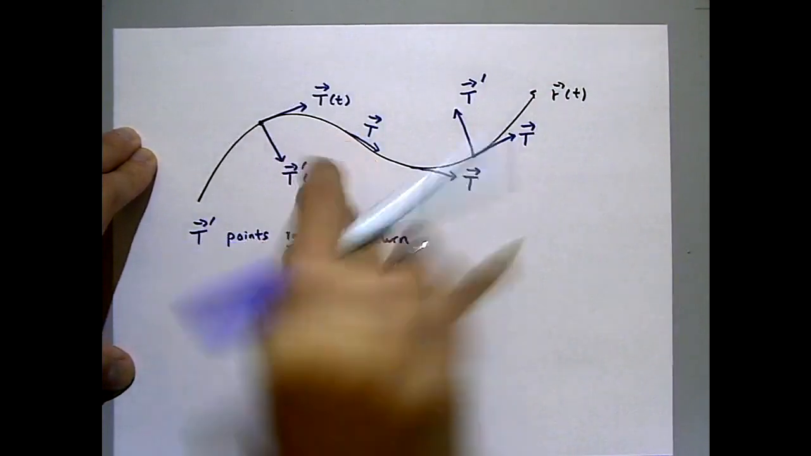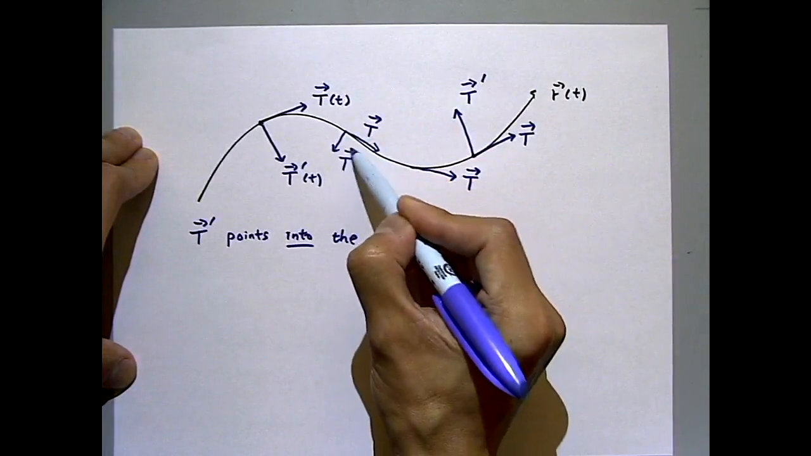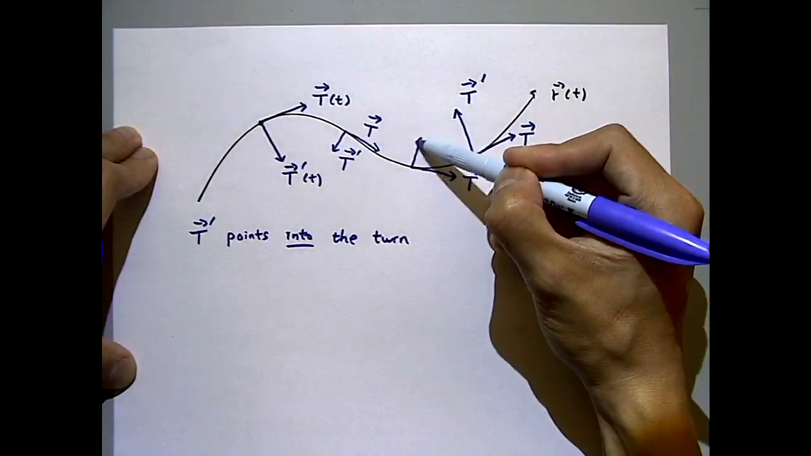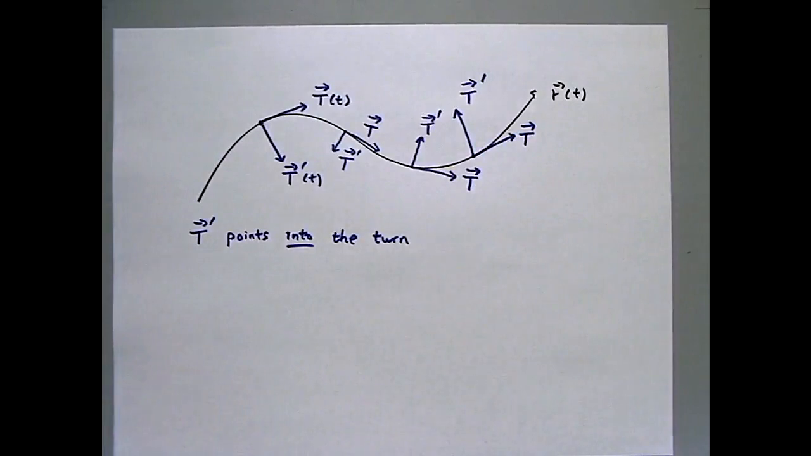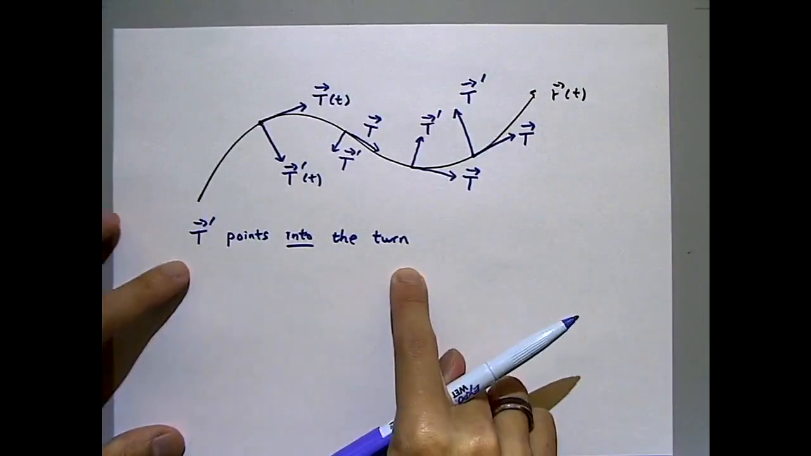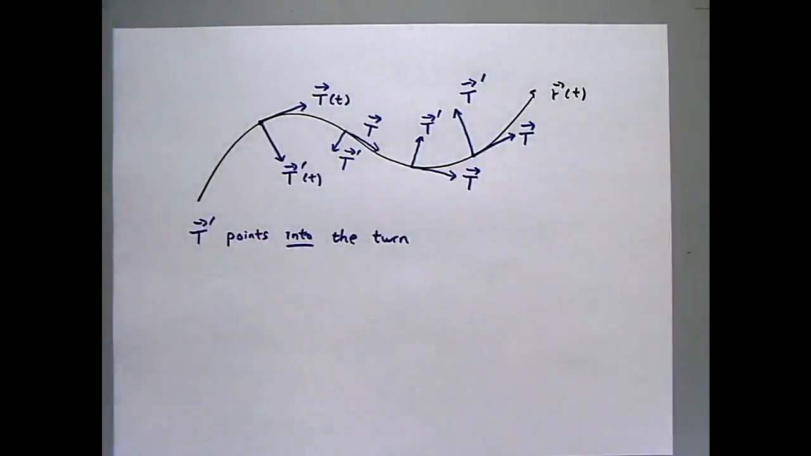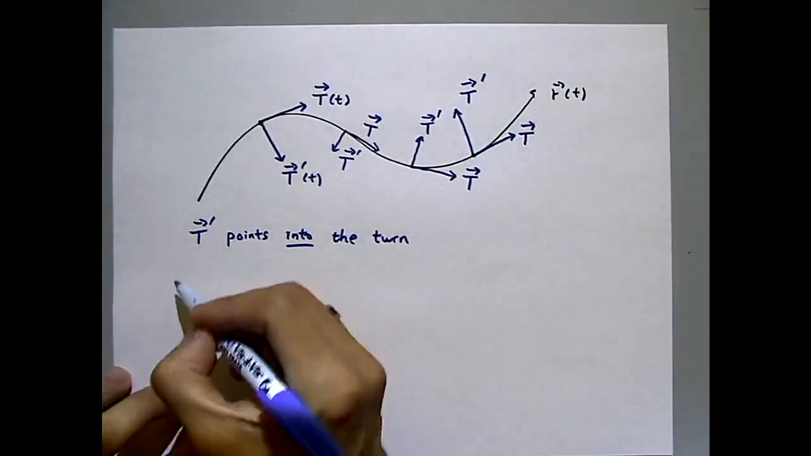So at this portion here, it is still finishing up its right turn. So over here, it would be pointing into here. And here it's starting its left turn now. It'll be pointing into the turn. Okay, does that make sense? How you can find the direction of T prime? If you have the curve, you just look which way the turn is going into, and that points into the turn. And I've drawn all of them perpendicular to T, and that's because T prime is always